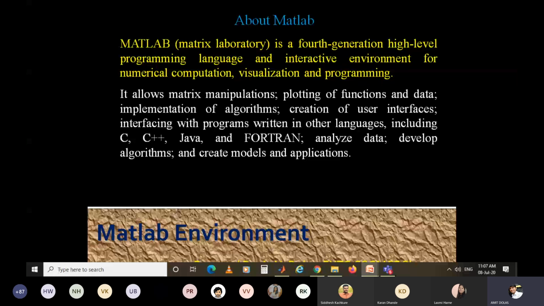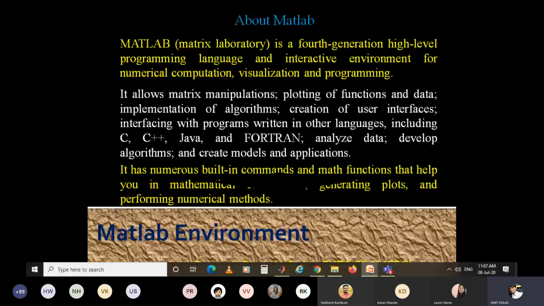Analyze data, develop algorithms, and create models and applications. It has numerous built-in commands and math functions that help you in mathematical calculations, generating plots, and performing numerical methods.